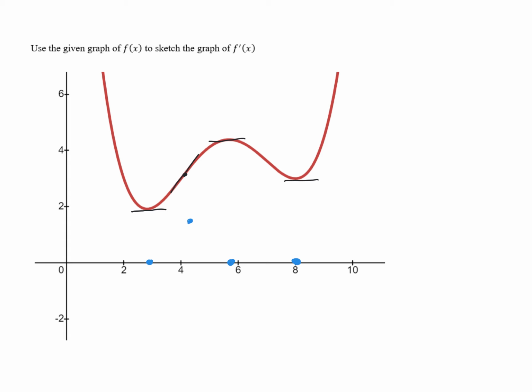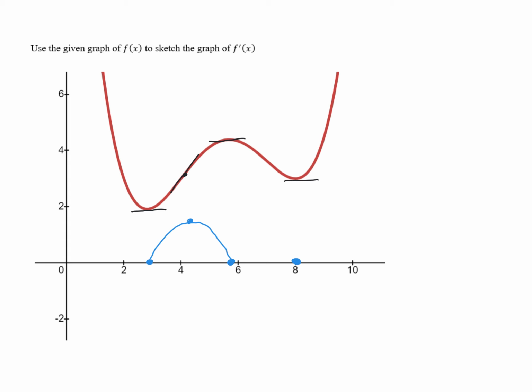And we can see that the steepness starts off at 0, and then it's getting steeper and steeper. And then it stays pretty steep for a bit, and then it gets shallower and shallower until it gets back to 0. So it's probably going to look something like this. All right. Then on our next interval here, if we look between these 2 points,